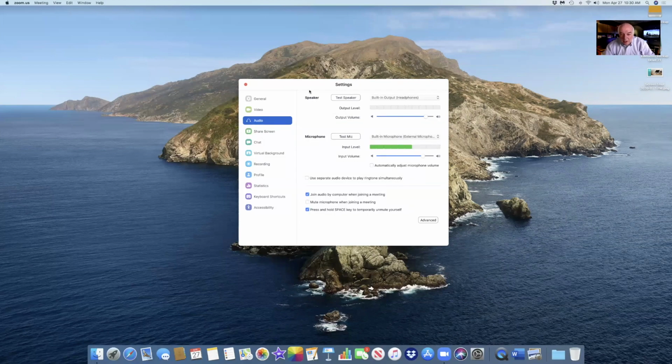So again, these are the two primary areas that you want to adjust before. And as I said before, it's probably best to join maybe about 5 or 10 minutes before the meeting starts so that you can adjust your speaker level and adjust your microphone level appropriately. A couple other things here that you may want to check as well, and let's go through some of the